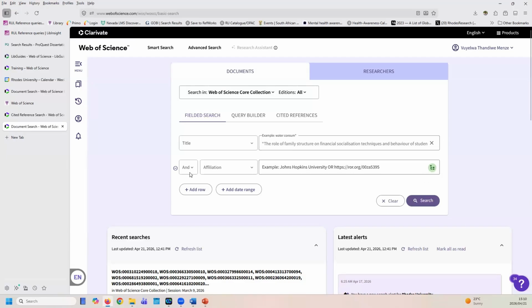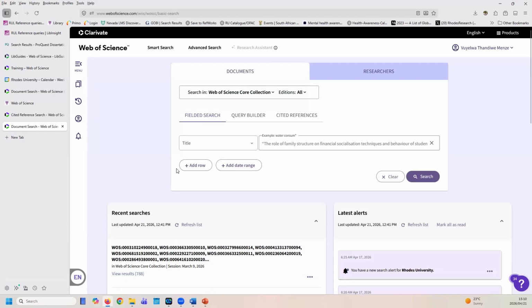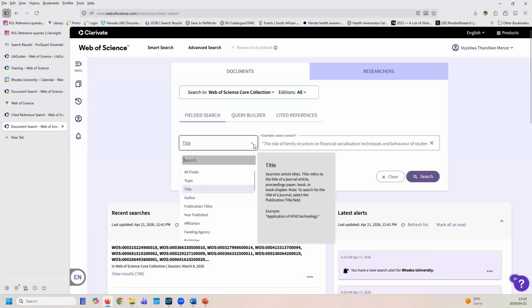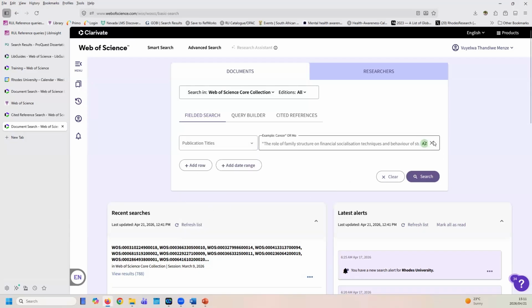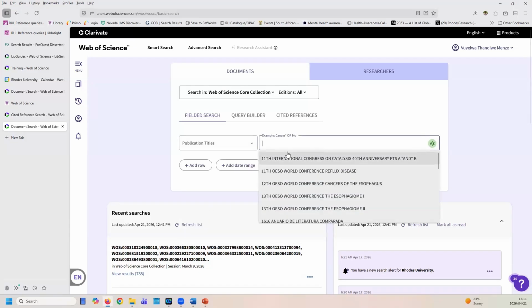I'm going to remove this. So the parameter, publication titles. So there it tells you it searches for journal titles, book titles, proceedings, on and on. So just going to leave it at publication title and